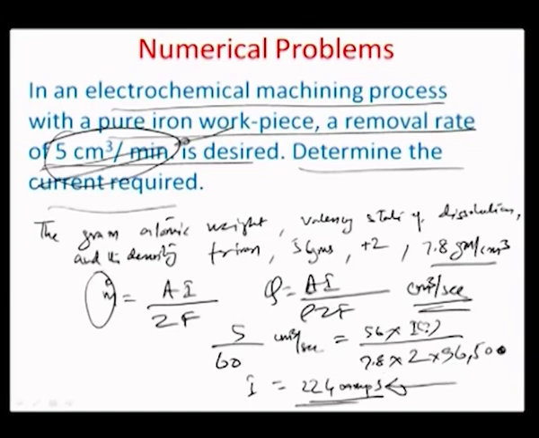So, what I want to bring to your notice is that a very small removal rate of only 5 centimeter cube per minute, which is actually very small in terms of conventional machining processes, in electrochemical machining such a high current value is needed, about 2300 amperes, 2.3 kiloamps. So, again it proves out that whether it is a mechanical process, a chemical process or an electrochemical process, in general these advanced manufacturing methods do have a very high energy requirement,